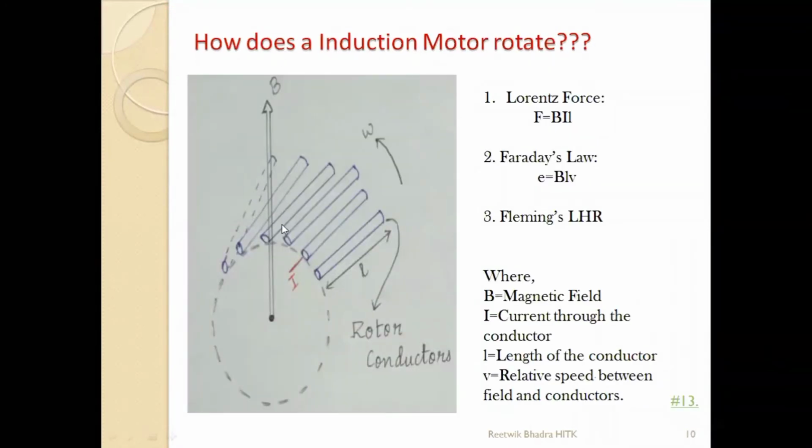See, rotor conductors are placed like this on the surface of the rotor. Over here also there is an end ring. Now I am considering a magnetic field which is in this direction, a straight line, perpendicular, and these rotor conductors are carrying some current I, and this has the length of the conductor L. So there will be a force acting on the conductor because there is a magnetic field, and a current carrying conductor is placed in the magnetic field.